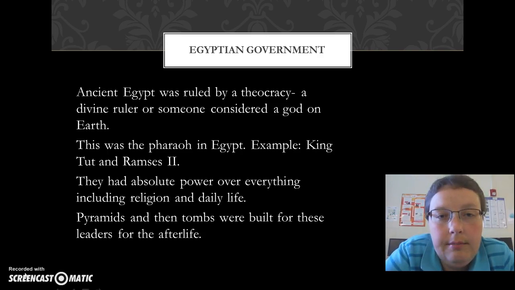Now, these pharaohs had power over everything: religion, daily life, war, everything. And you lived your life for that pharaoh, and you lived your life getting ready for the afterlife. When these first few pharaohs died, the huge pyramids that you still see today were built. However, these are basically neon signs saying, "Come rob me." It did not take long for these tombs to be looted by robbers and things to be sold off, including the bodies of these mummies.